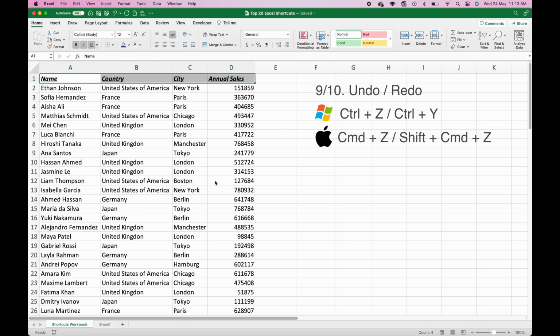And what we've got here is our headings with bold, italics, and underline. I'm just going to press Control and Z 3 times to undo the underline, the italics, and the bold. I'll then do Control and Y to redo it. And you can see it just reiterates the 3 commands that I've just undone. And then quickly I'll undo them again because I don't want them highlighted in that format for the next